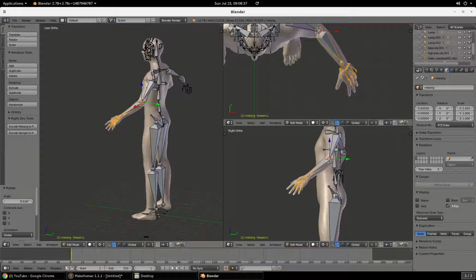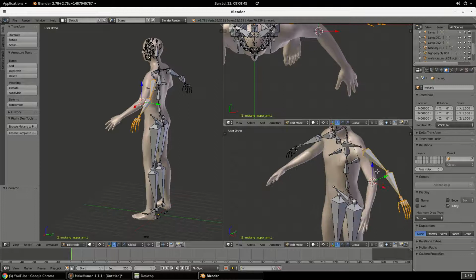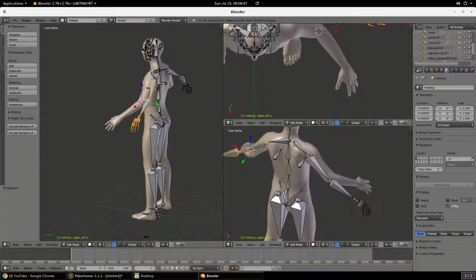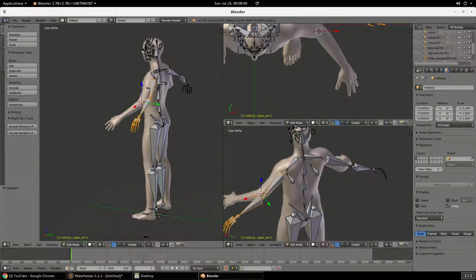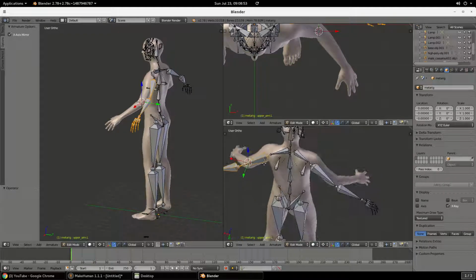Okay, so let me back up all the way. Yeah, I think this is how things were before I started playing with them. So enable mirror modifier, select this one, Shift S, cursor to selected. I brought my 3D cursor there,